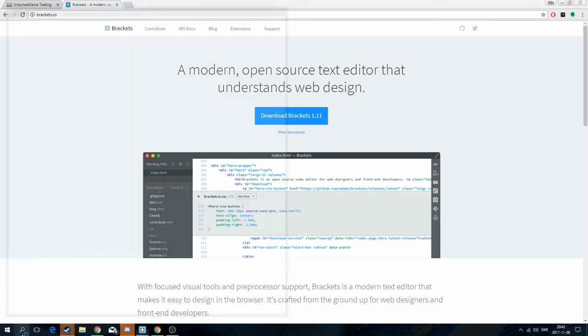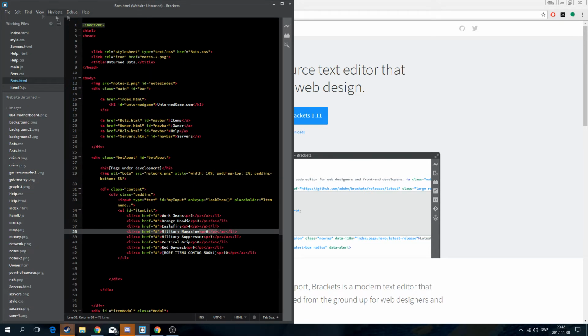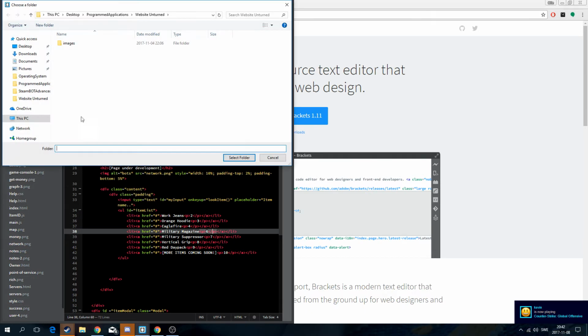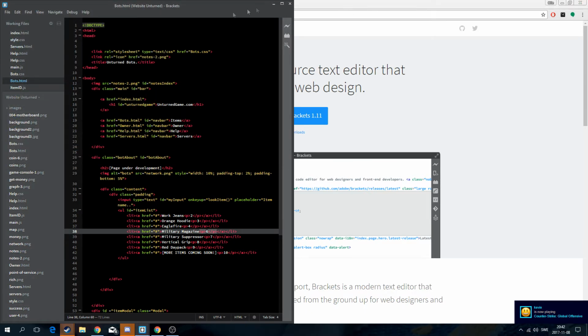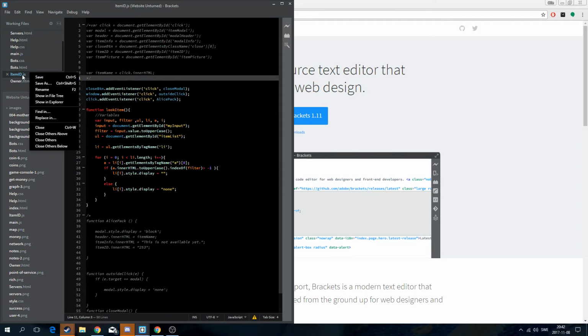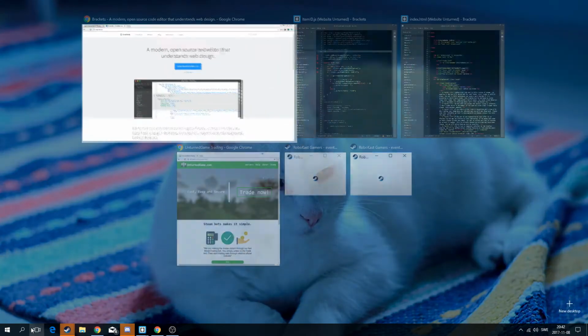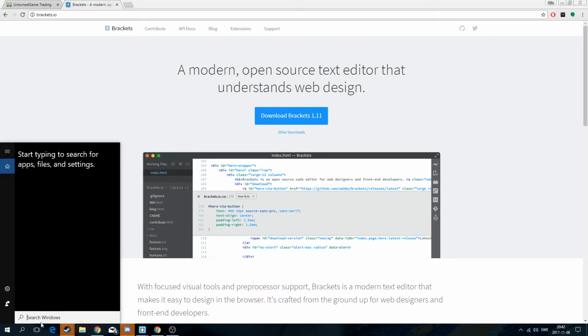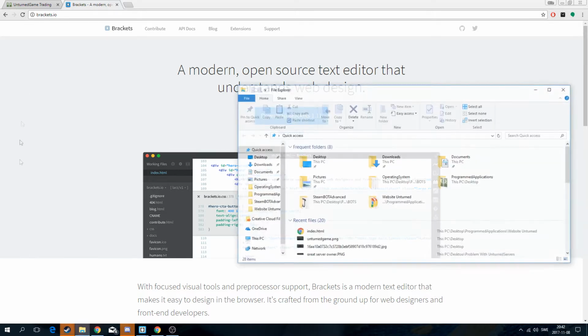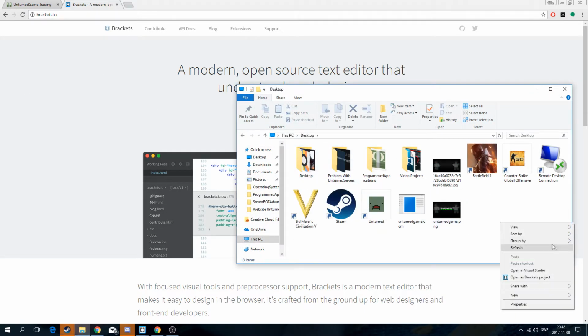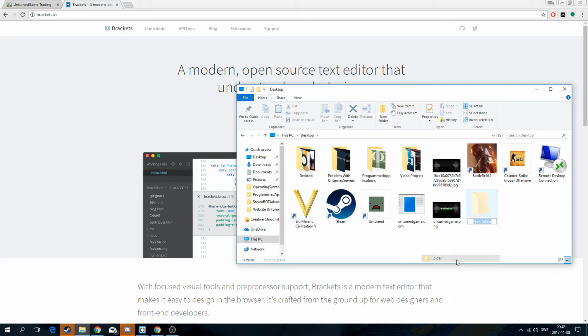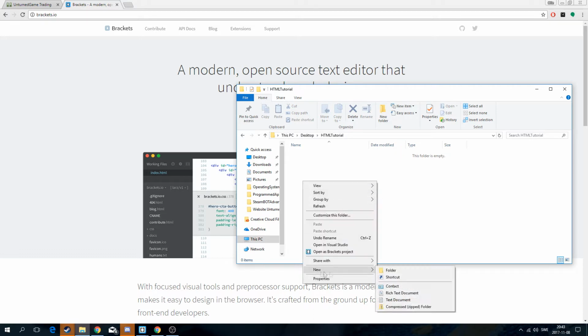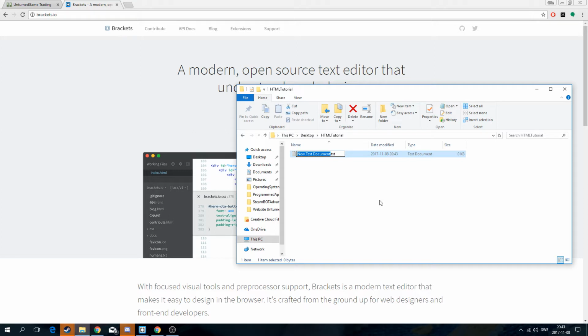To start off, go ahead and open up Brackets. You will probably not see anything here. Before we do that, we will create a new folder. I will go into my desktop and create a new folder, and I'm going to name it HTML tutorial. Of course, you can name this whatever you want, you can name it website, it doesn't really matter. Once you're in here, you're going to create a new text document and have this set as